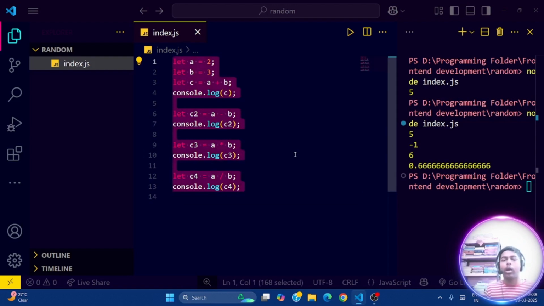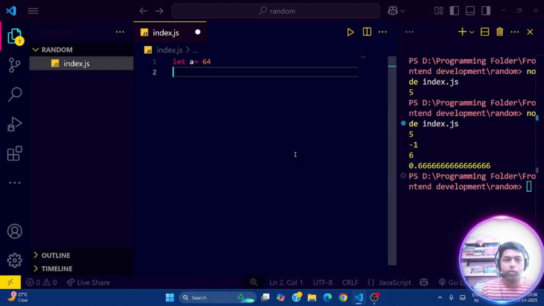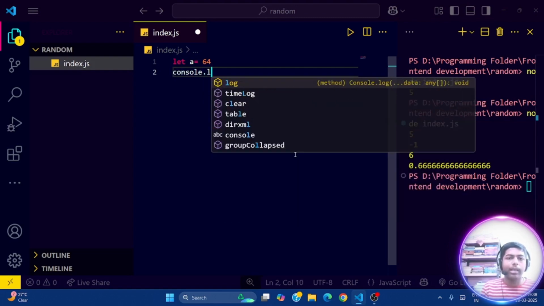Now after all of that, let's take a look at the math object in JavaScript. The math object is an object which contains a lot of different mathematical operations that you can use to solve complex problems. So let's take an example. Let's say let a equal to 64. Now I want to calculate the square root of 64. So what I can do is I can use